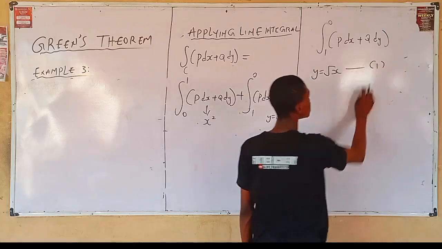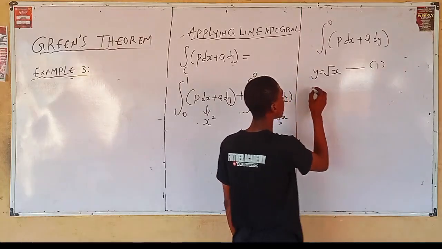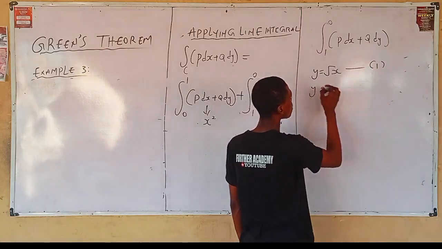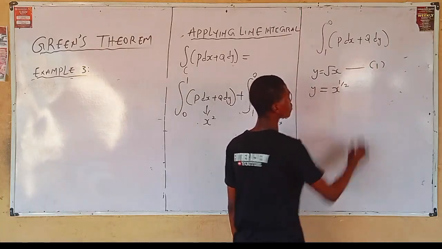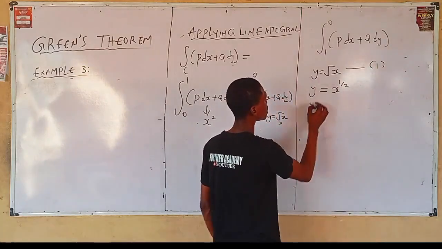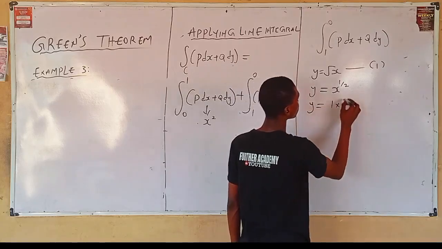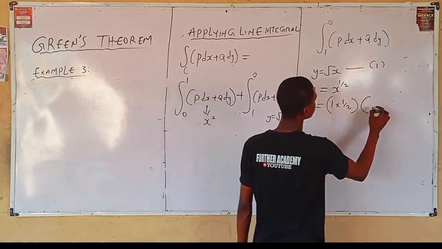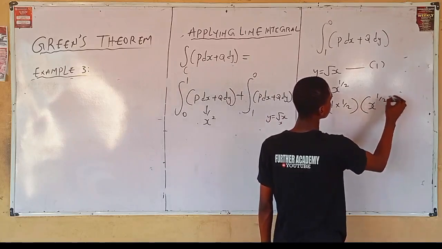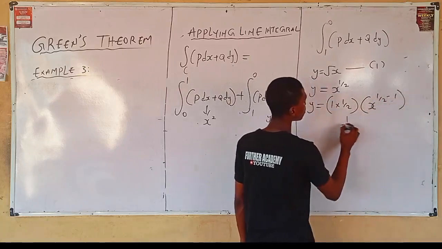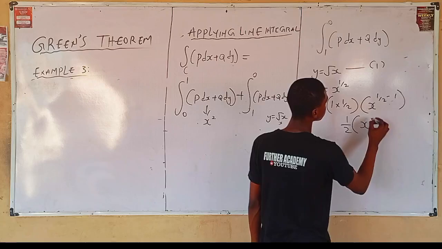Say this is 1. Let's differentiate 1. From here, you can write equation 1 as what? x raised to the power of 1 over 2. Applying your differentiation, you have that y is equal to 1 times 1 over 2, all into brackets, x raised to the power 1 over 2 minus 1,